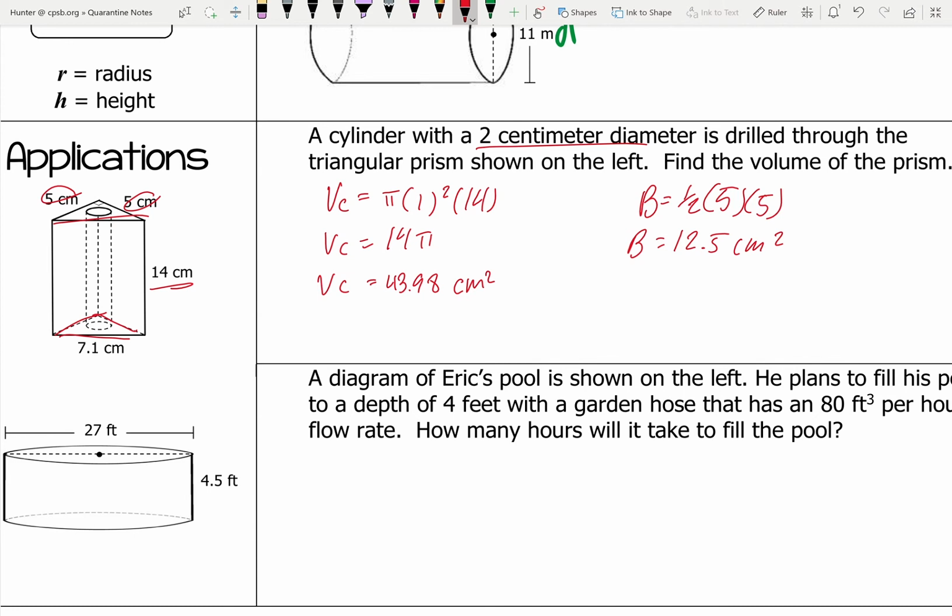So the volume of the prism is just 12.5 times the height of 14 centimeters. And that gives me a volume of the triangular prism to be 175. So my total volume, or my volume without the cylinder in there, will be 175 minus 43.98 to give me,